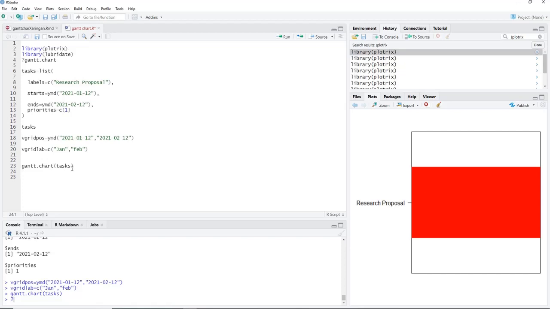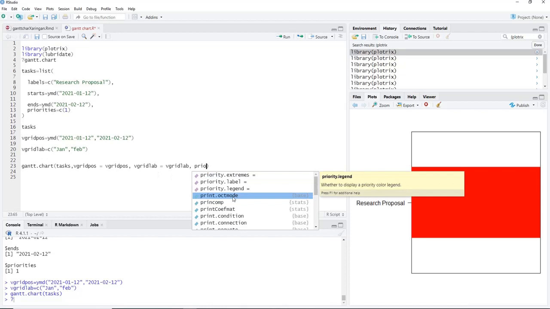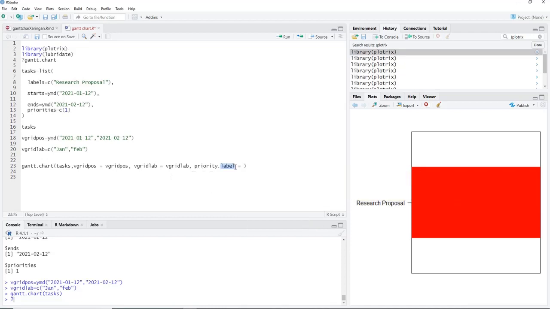Now that vgrid position and those are not there, we'll put that into arguments of Gantt dot chart. Vgrid pos is equal to vgrid pos, and vgrid lab is equal to vgrid lab. Then priority dot legend is equal to true.